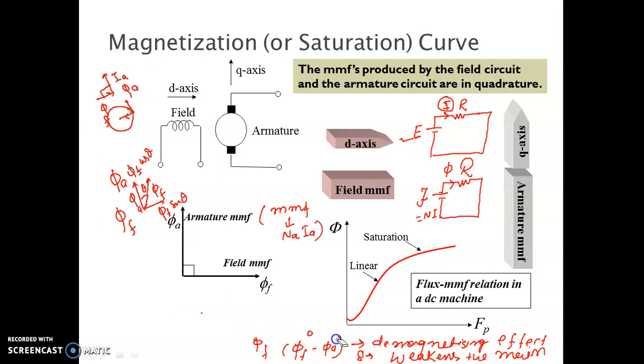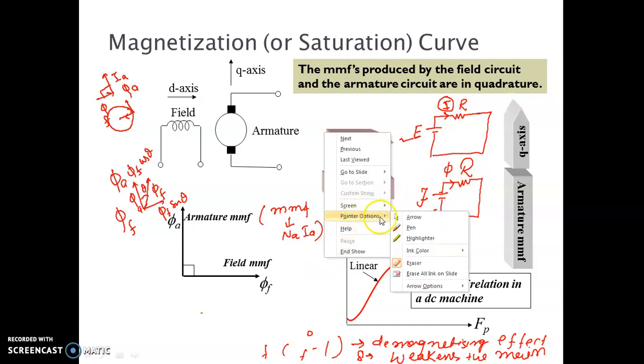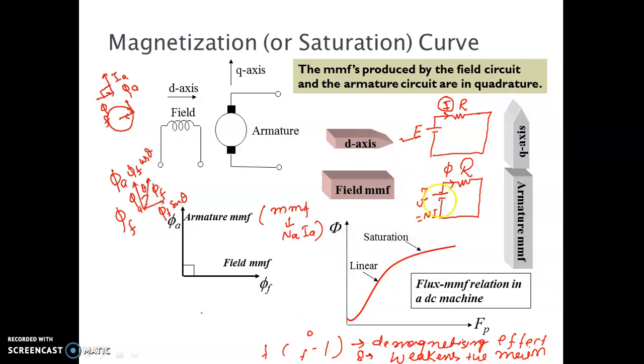So what will happen here for the magnetic field? That is why it is written here. You see this portion: armature MMF is written as N, the number of turns on the armature, multiplied by the armature current. This is the analogy circuit of the electrical with the magnetic. R is reluctance, phi is the flux. This flux is available only when there is an MMF. It means when the number of turns multiplied by current is there, then flux will be there. You should keep in mind that both are interrelated. That is why it is written here as armature MMF.